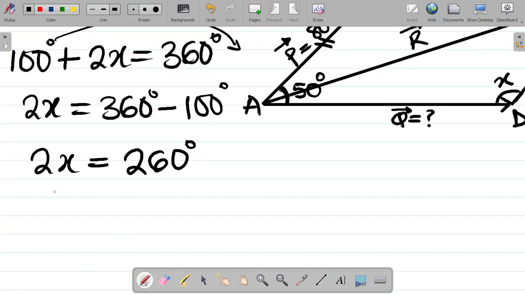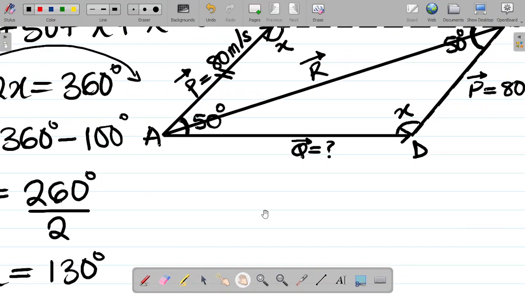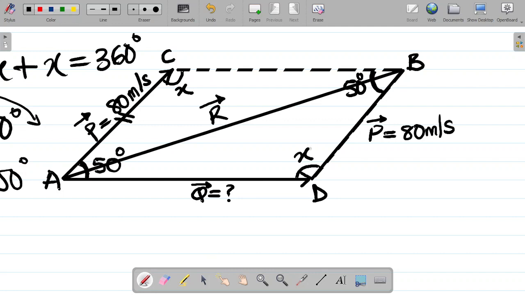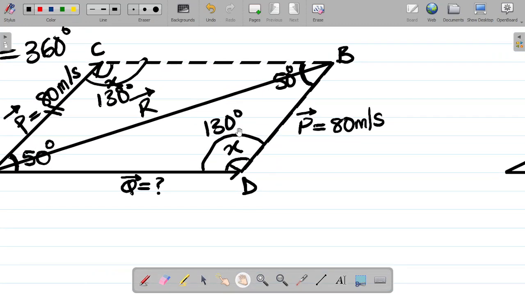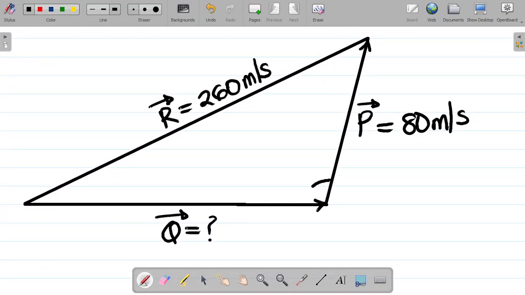To get the value of x, I'll divide both sides by 2. This cancels this, so x is now equal to 260 over 2, which is equal to 130 degrees. So this x value, this angle here, is 130 degrees. Also, this angle is 130 degrees. Now bringing this 130 to our main triangle, it is equal to what there,